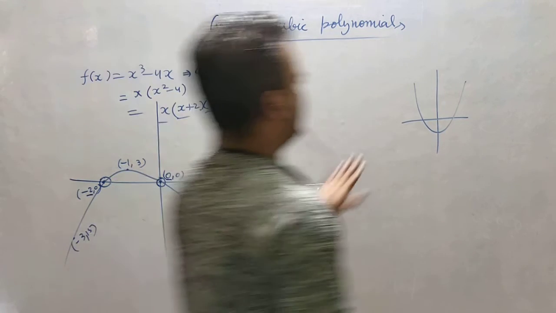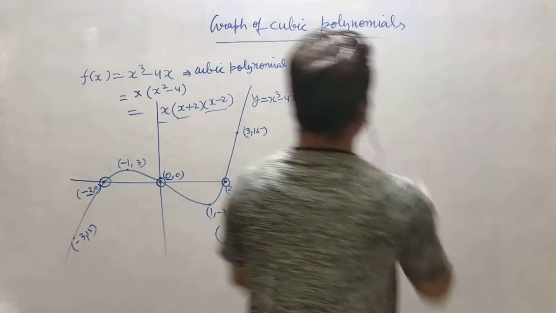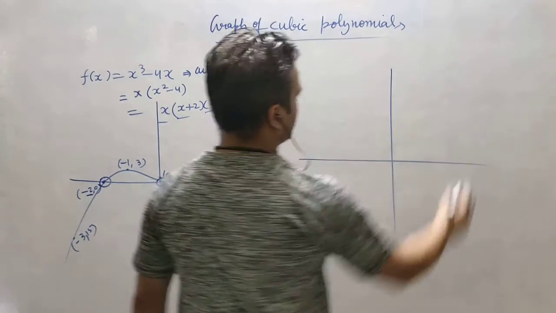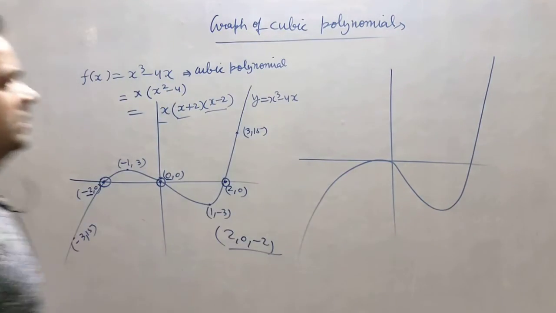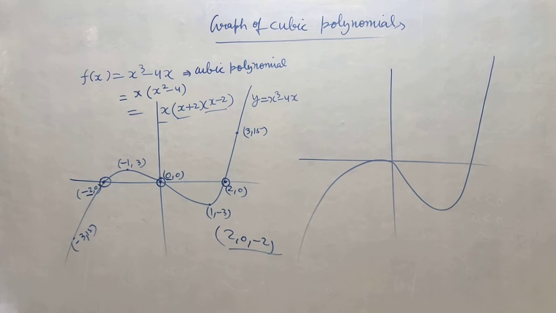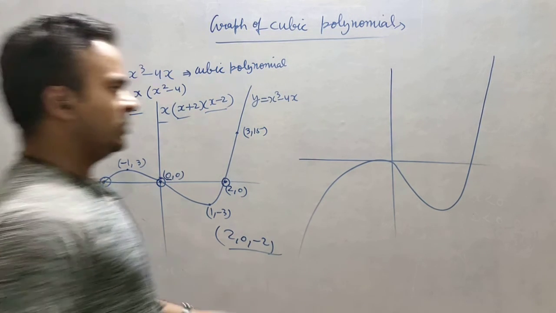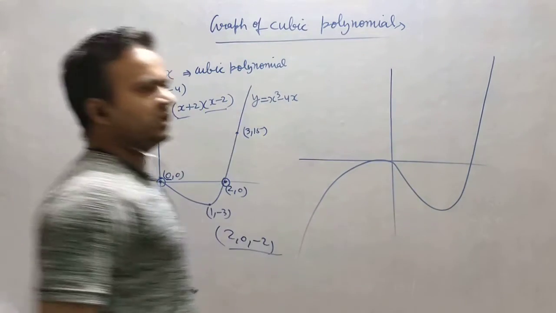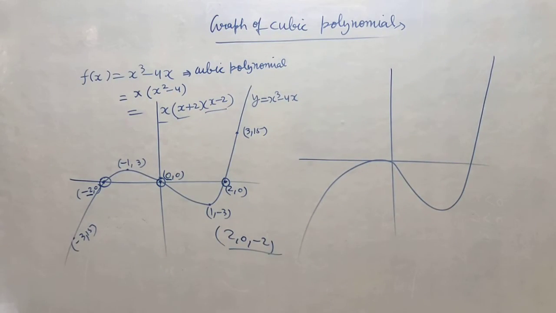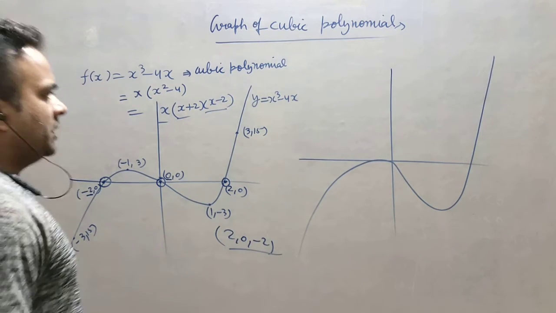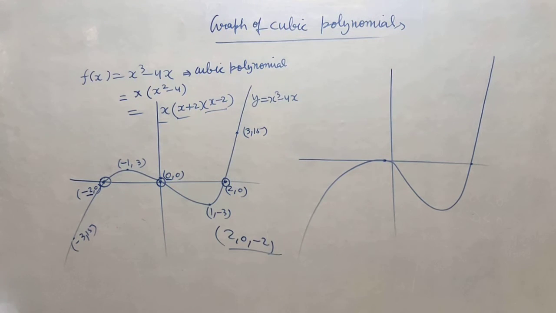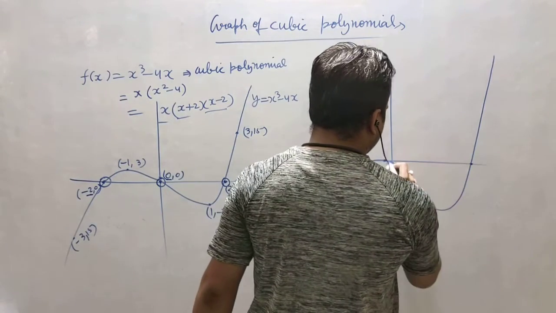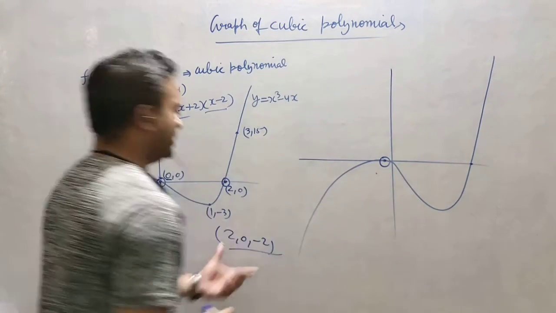Now suppose I am having one graph here. Suppose it is coming like this and it is going like this. Now what is the meaning of this? It cannot be quadratic, because quadratic always moves upward or downward, means it always shows a parabolic graph, but definitely it is a cubic. But you can see here it is cutting the x-axis at 2 points. So what is the meaning of this? The meaning of this is it has 2 values equal here,